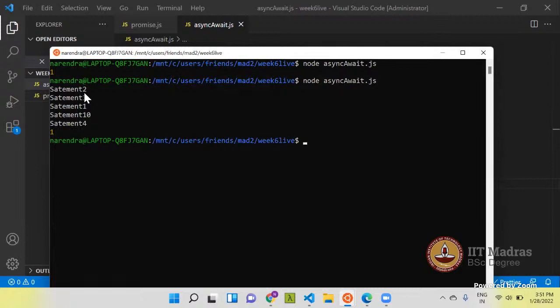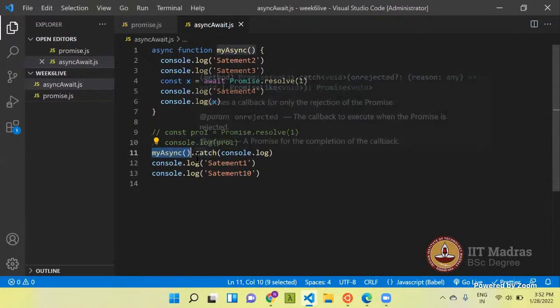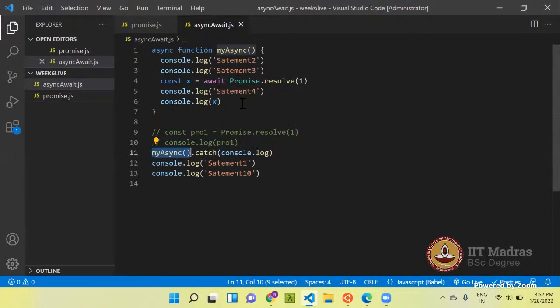So you can see that the first statement is statement 2, then 3, then 1, then 10, then 4, and then 1. The first line of execution will be my async, and .catch will only be triggered if my async gets rejected.